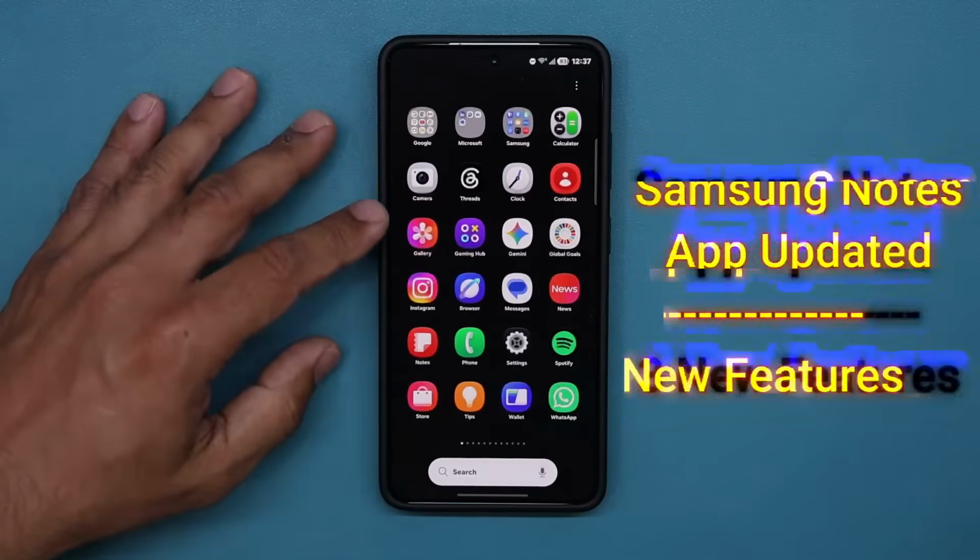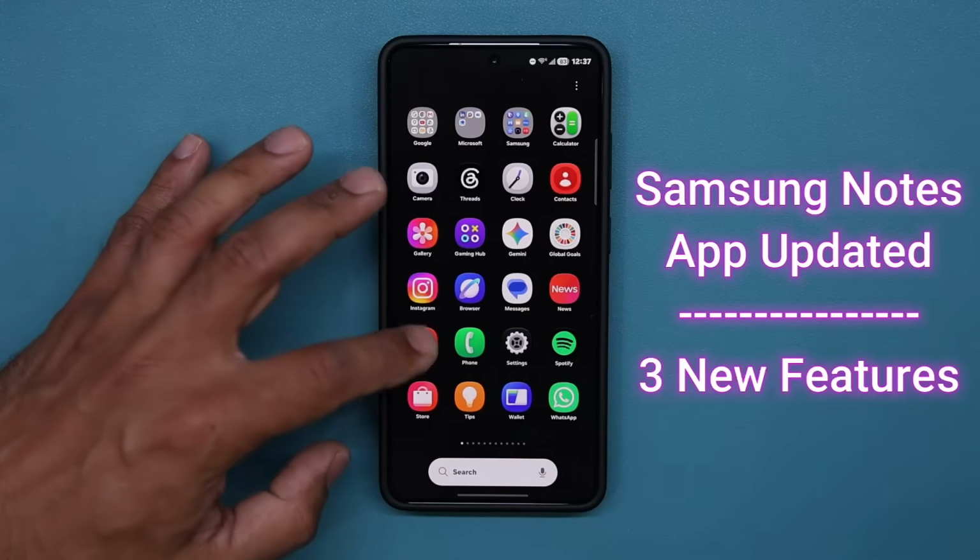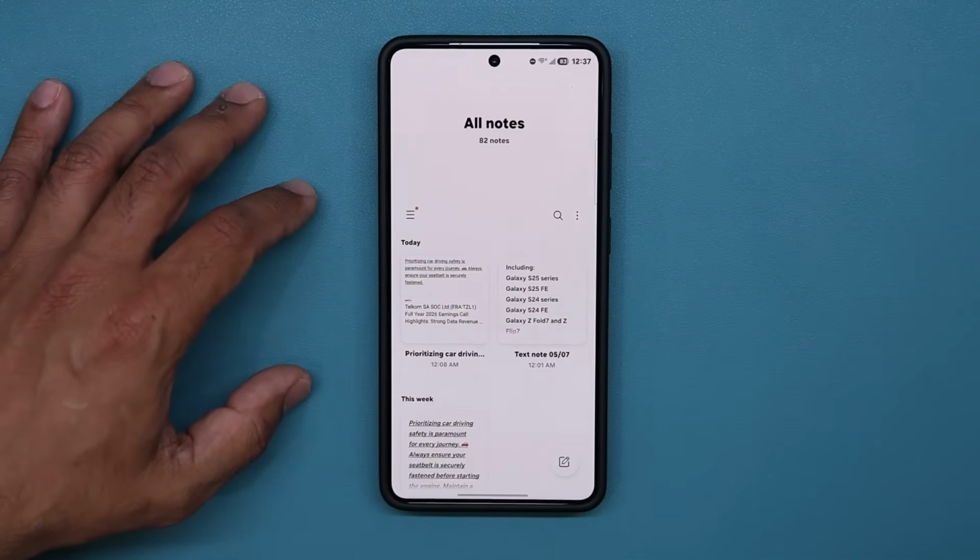for the Samsung Notes application for millions of Samsung Galaxy smartphones. The latest update adds 3 new features to the Samsung Notes application. So let's launch the application. I'm going to show you guys exactly how to get the update and go over every single feature one by